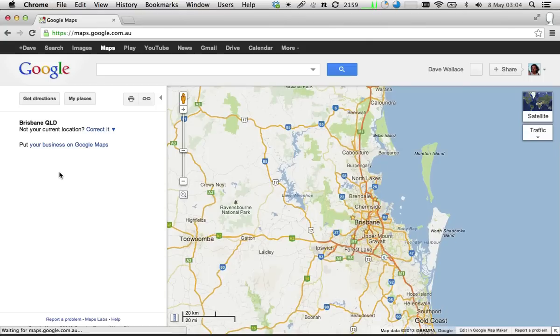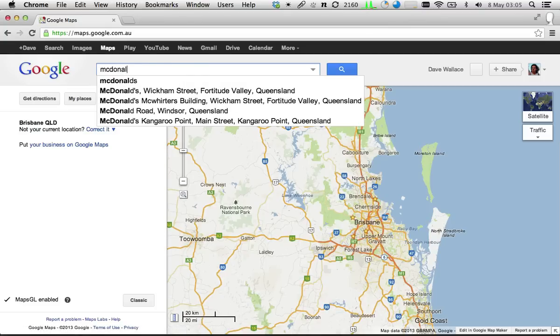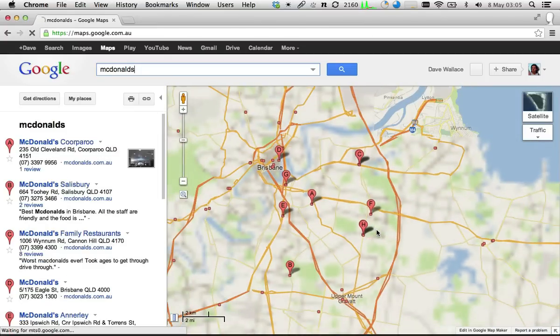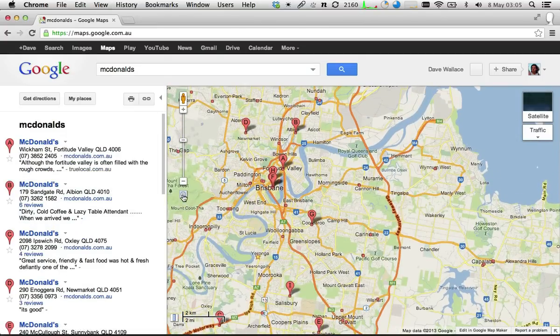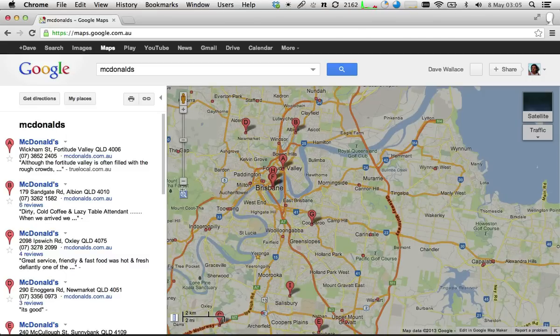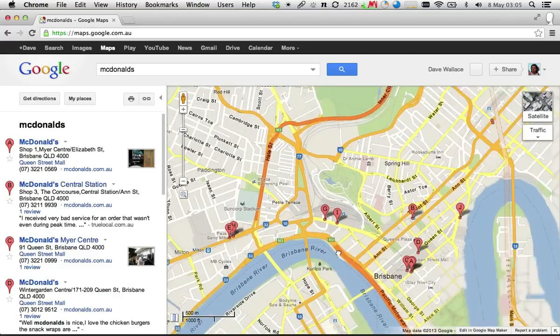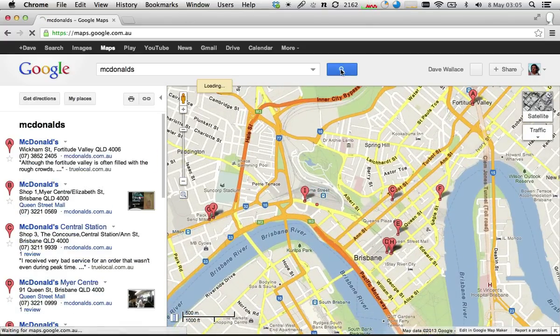The easiest way to do that is simply to go to the Google Maps website and do a search. So let's say I want to search for some McDonald's near to where I am. Okay, so any map that you actually browse or search for, you can embed as is quite easily